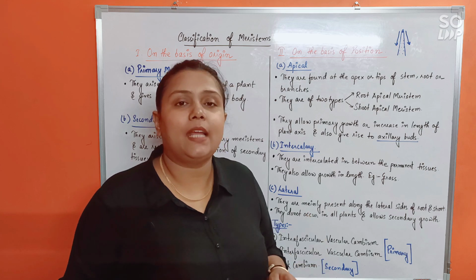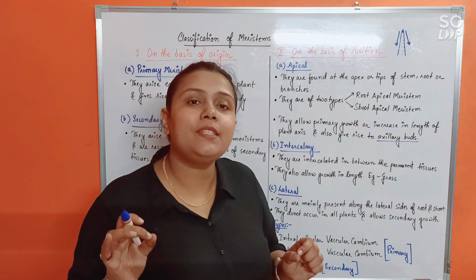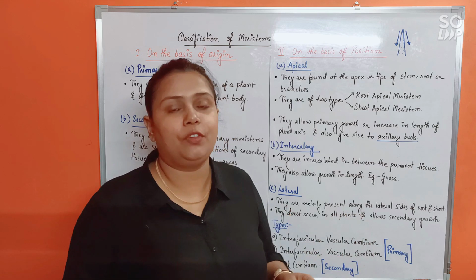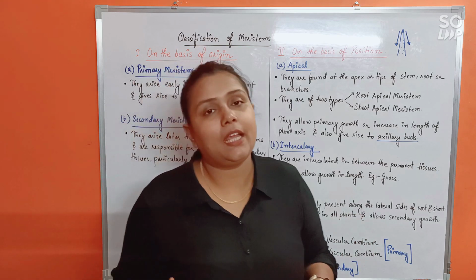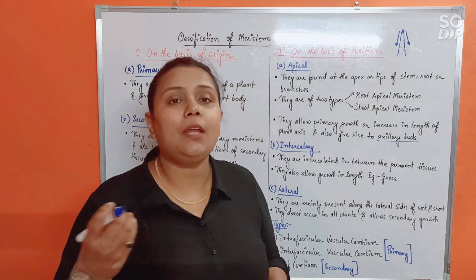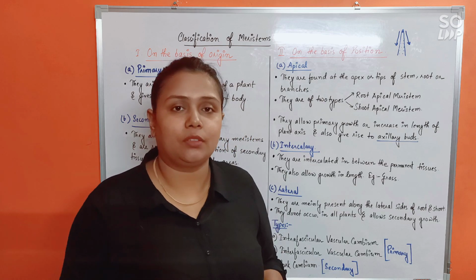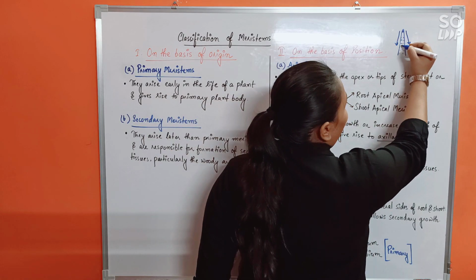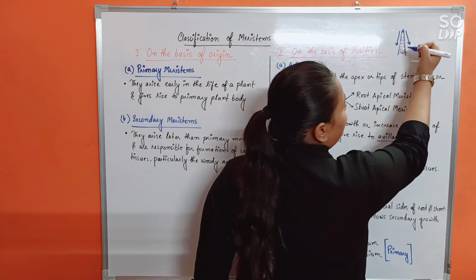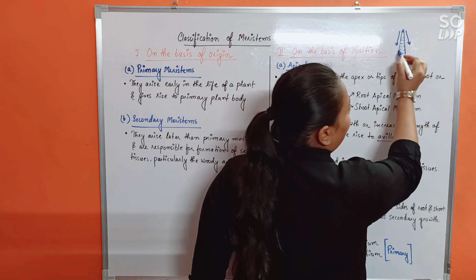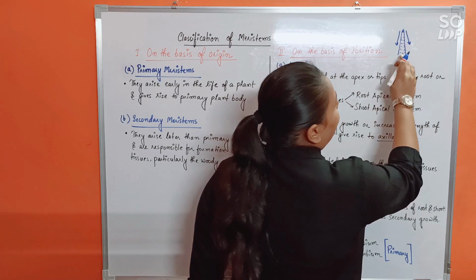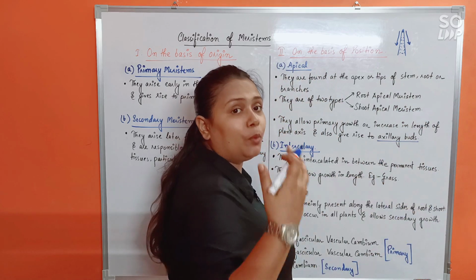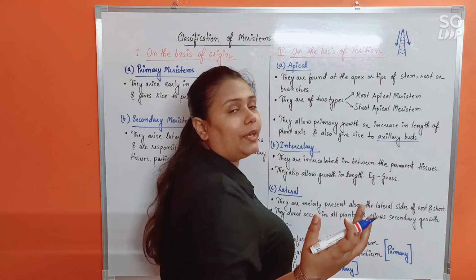The meaning is that, first of all, a permanent cell means a cell which will no more divide. It will lose its power of division. Now it will take up a specific shape and start performing a specific function. Understood? So what is happening? All these cells were arising from the meristem itself, isn't it? So that means all of them are meristematic cells only. But later on, when they stop dividing, they would become old and they would now be called a permanent